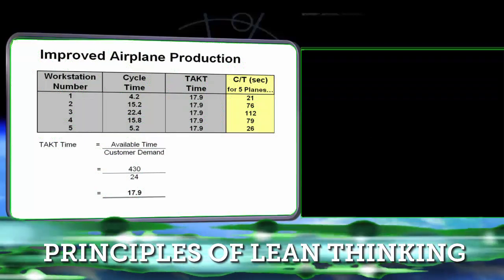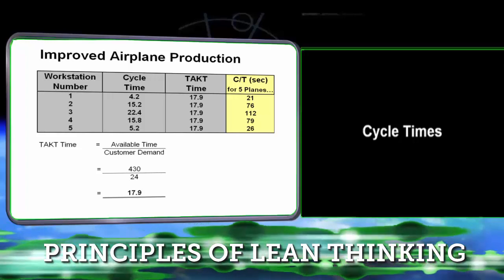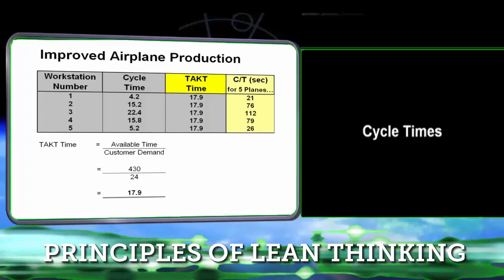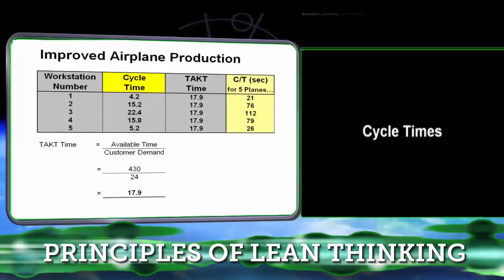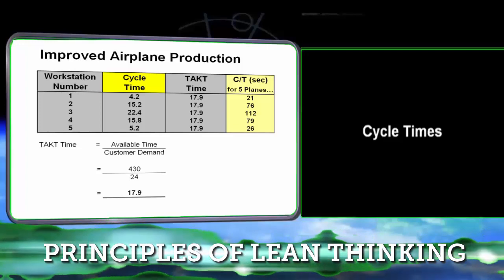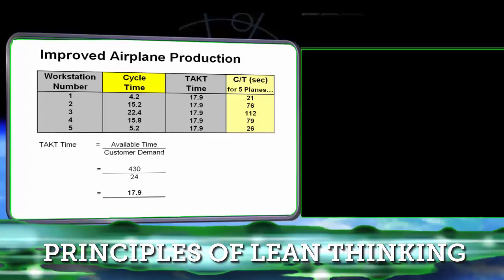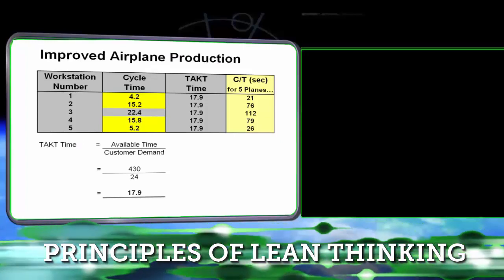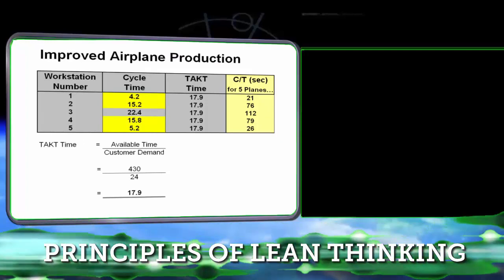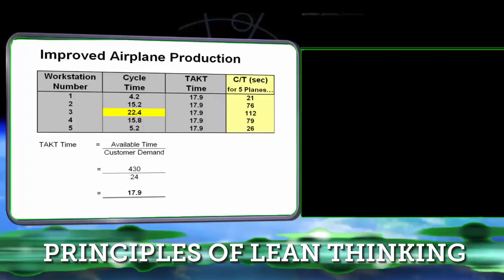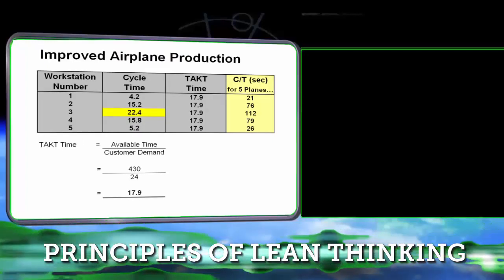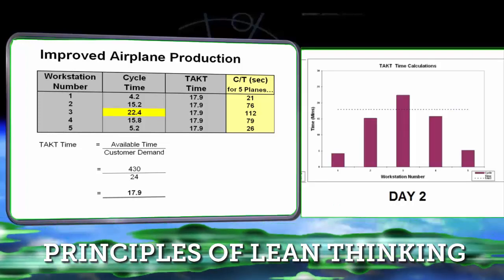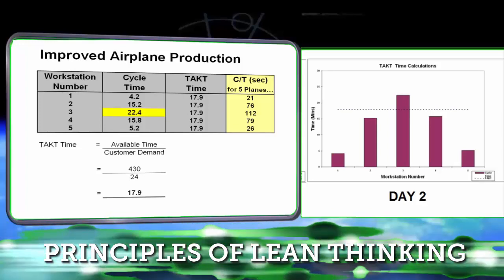Let's take a look now at our cycle times between workstations. We mentioned earlier that our takt time is 17.9 seconds. This means that all of our cycle times should be less than 17.9 seconds. We observe that SBAC has achieved this goal with 4 out of the 5 workstations. Workstation 3 is still producing at a cycle time that is higher than the takt time. This is enough to hinder the company from producing the 24 airplanes that need to be guaranteed before they can